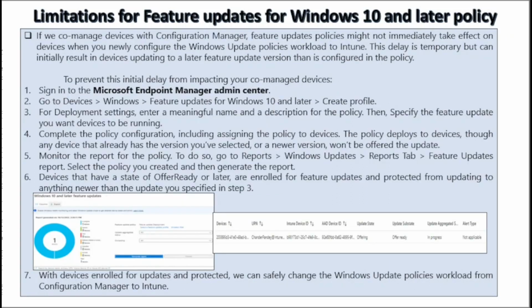Now the next limitation is when we use a co-managed device with Configuration Manager. Feature update policy might not immediately take effect on the device when you newly configure the Windows update policy workload to Intune. This delay is temporary but can initially result in the device updating to a later feature update version than is configured in the policy. So to prevent the initial delay from impacting your co-managed devices, we have to go to